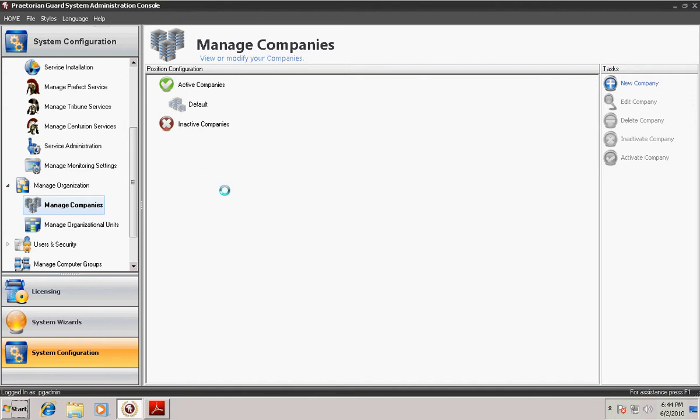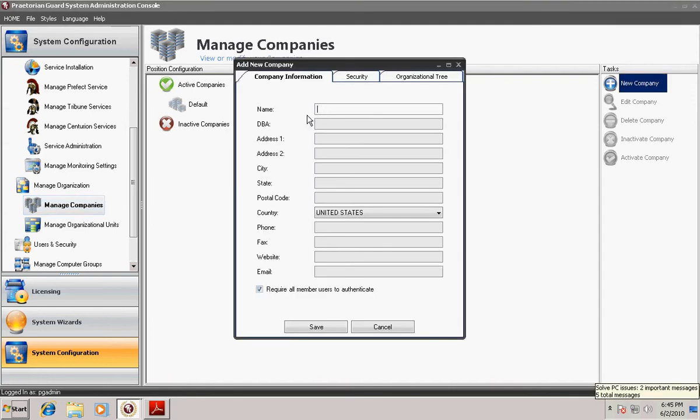Praetorian Guard supports as many companies as you would like to create. Each company can have its own organizational structure, as well as different PCs and users. We're going to create a new company, which will be the name of Scramco. We'll simply click New Company. Once we've selected New Company, we can create the name of the company that we wish to create in the